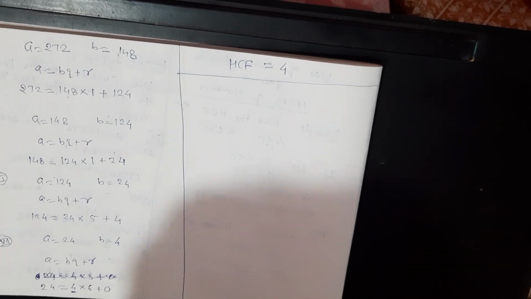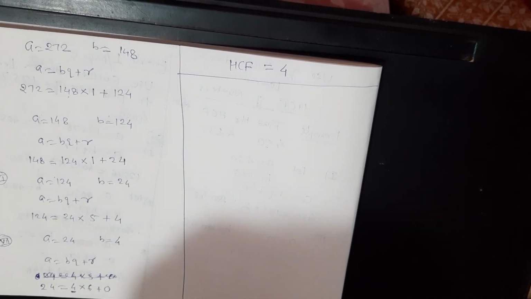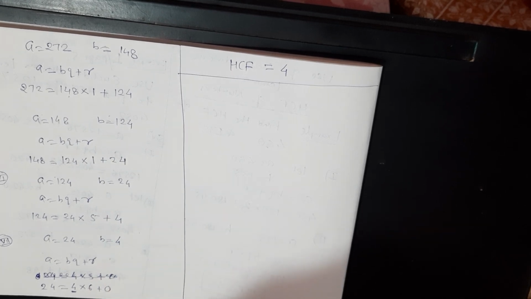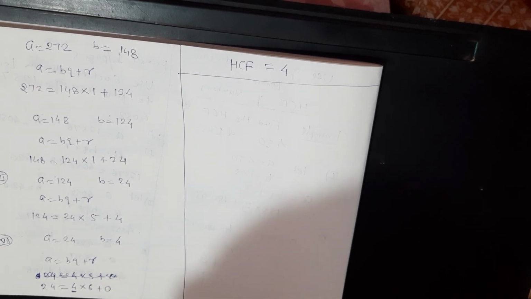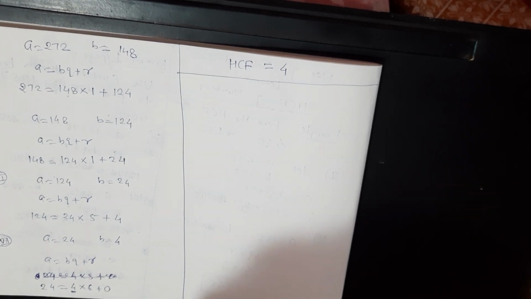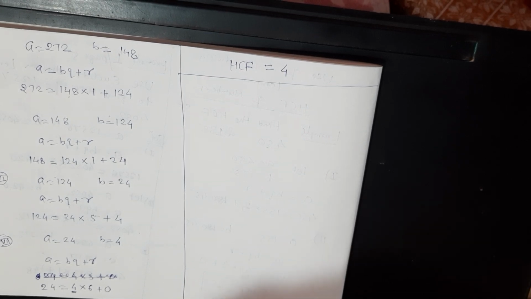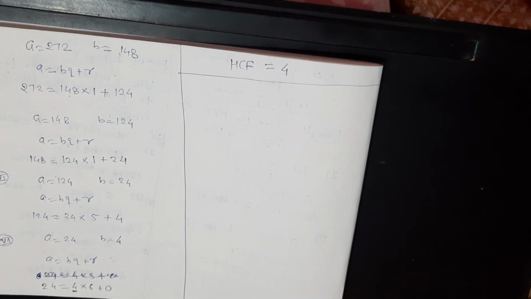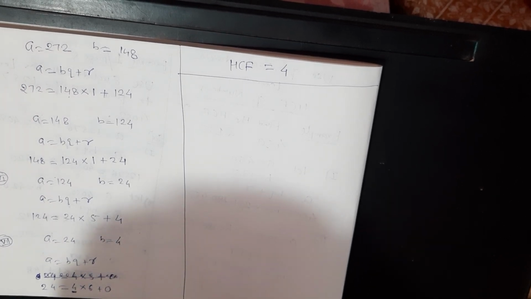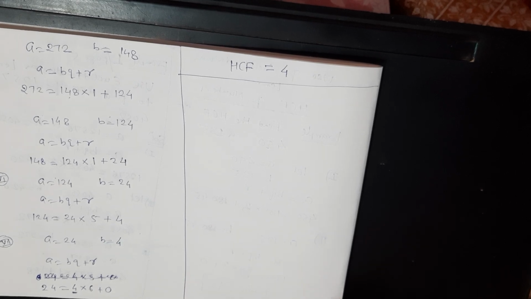Now you do from your book exercise 1.1. You can see you have a book, at page number 7, question number first, follow the same procedure in which we were asked to find the HCF of some numbers. So students, you do it by yourself and then ask me questions on the WhatsApp number.